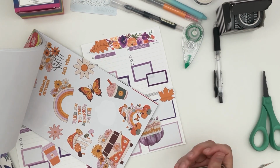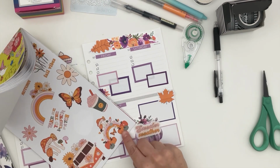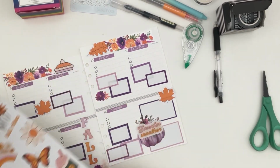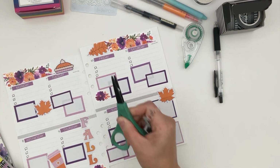I don't know if you are like me, but when I look at things, it's kind of like a piece of art to me. So I just noticed that I had these smaller pumpkins, because those other pumpkins that I was going to use are just too big. But always look for that opportunity of cutting them out. And I would recommend, sometimes you can get away with these. Well, these are meant for